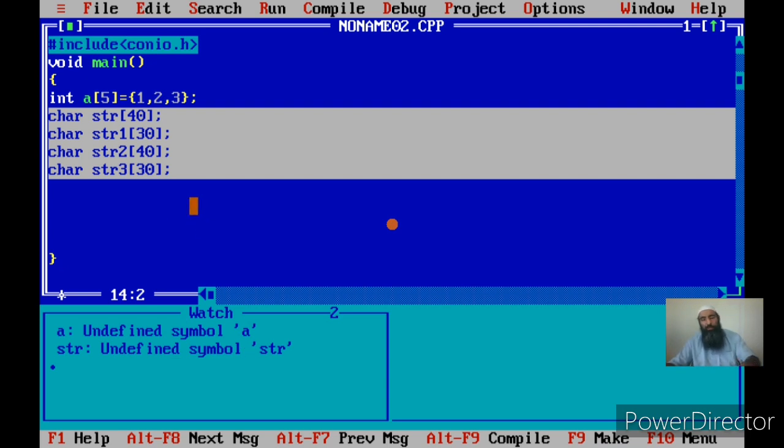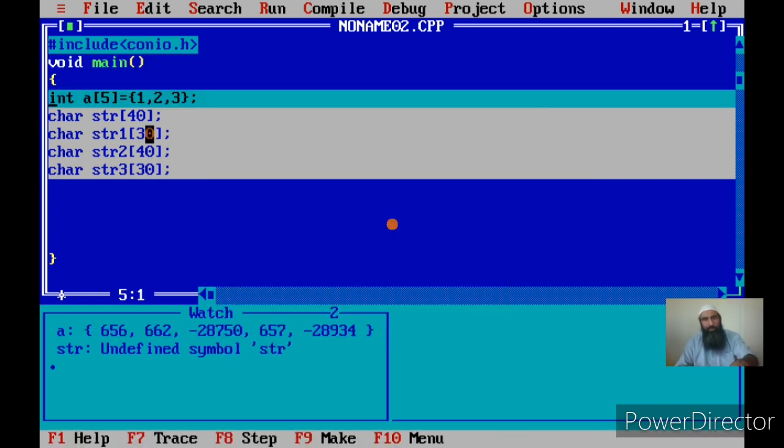Now let me first run this program. See here, I have declared an array of 5 elements: 1, 2, 3, 4 and 5. Initially all the 5 have junk values when the array is being created, and after the creation the values will be assigned. This is called initialization at the point of declaration.